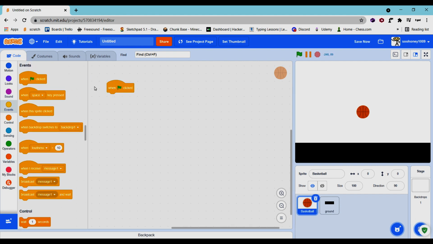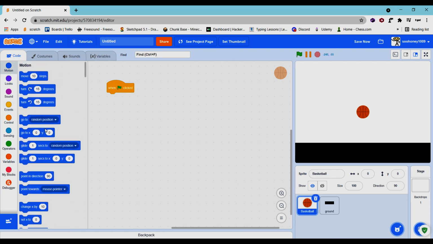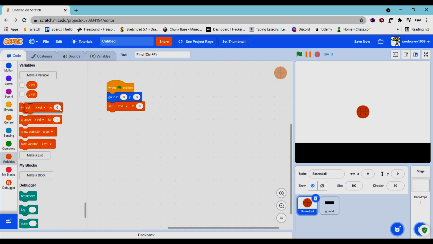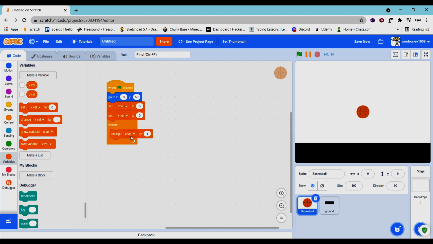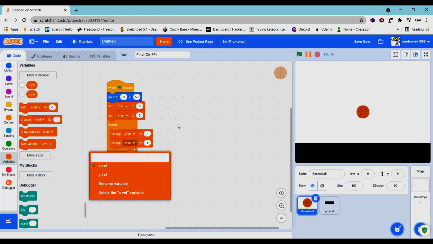So for events, let's get a green flag is clicked, motion, go to 0, 0, and then we will reset both variables to 0 as well. And then we can go to forever. Actually, we might just raise the ball a bit because there's nothing wrong with that and it just makes it bounce more. And we can change y by -1 and change x by